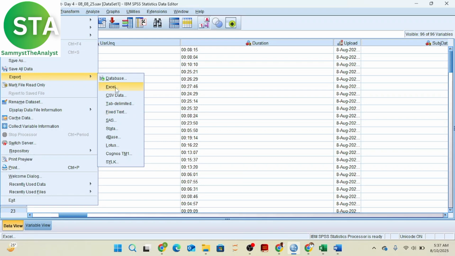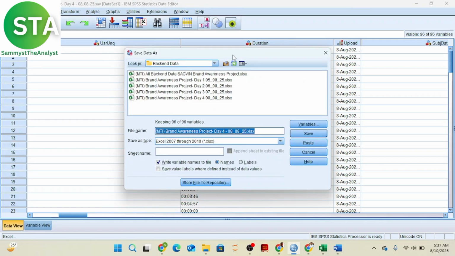So you can find Excel, you can find CSV, you can find tab delimited, which is for TXT. You can also find other types of export. So I'm going to choose Excel. When you choose Excel, a dialog box pops up this way. This folder that you can see is the folder that SPSS has actually suggested for you to save the exported